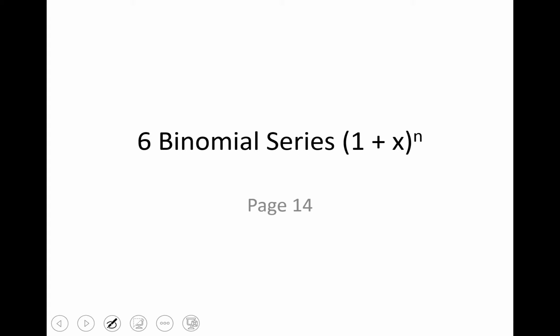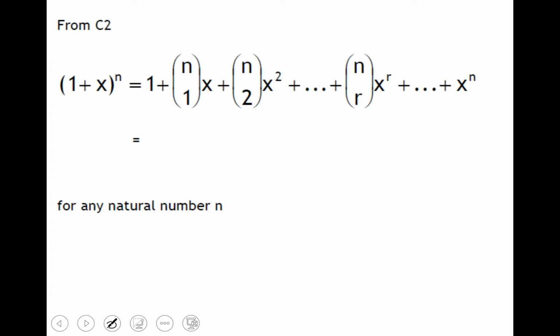Section 6, Binomial Series, (1 + x)^n, on page 14 of the C4 notes. From C2, (1 + x)^n equals 1 plus n choose 1 of x, plus n choose 2 of x squared, plus ... plus n choose r of x to the r, plus ... plus x to the power of n, which equals 1 plus n times x,